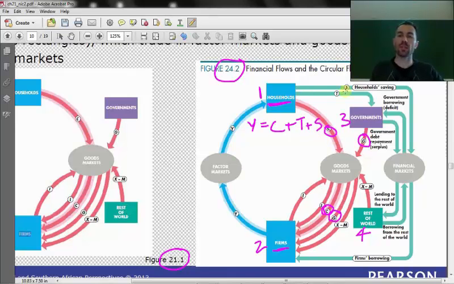Alternatively, households can save. And if they save, what happens? Well, you save through financial markets. Your savings get directed, guess where they go? To firms. How does it get to firms? Well, what firms do with those savings is they embark on a kind of expenditure called investment. So this savings comes all the way around through financial markets to firms. Firms take that saving and use it as investment, and with investment through goods markets, they buy things from